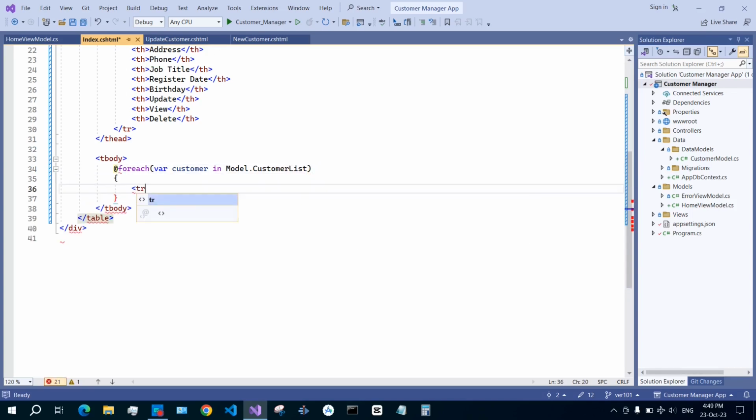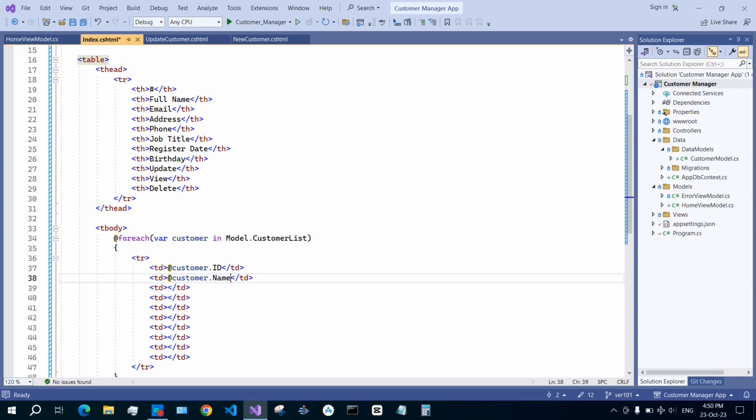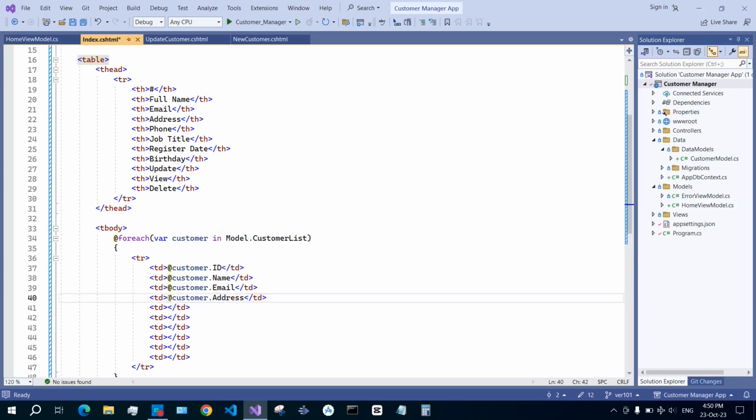Here we are going to create tr, td, customer dot id, control C, control V, customer dot name, customer dot email, customer dot address, customer dot phone, customer dot job title, and then this one is the created date, birthday, year update, control C in that one and then